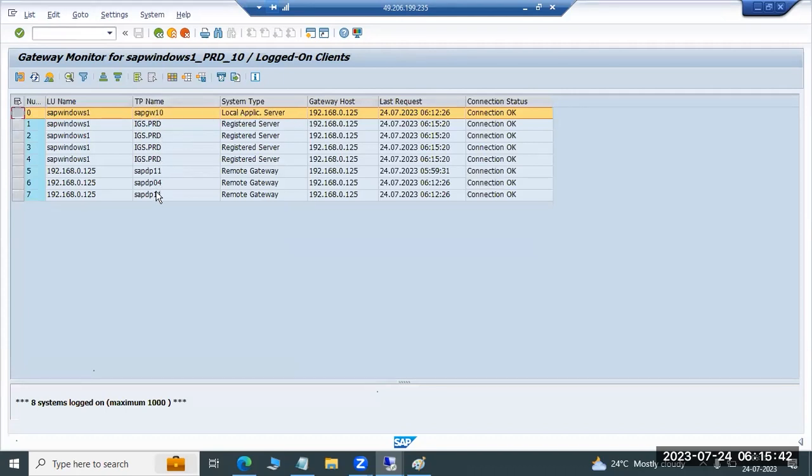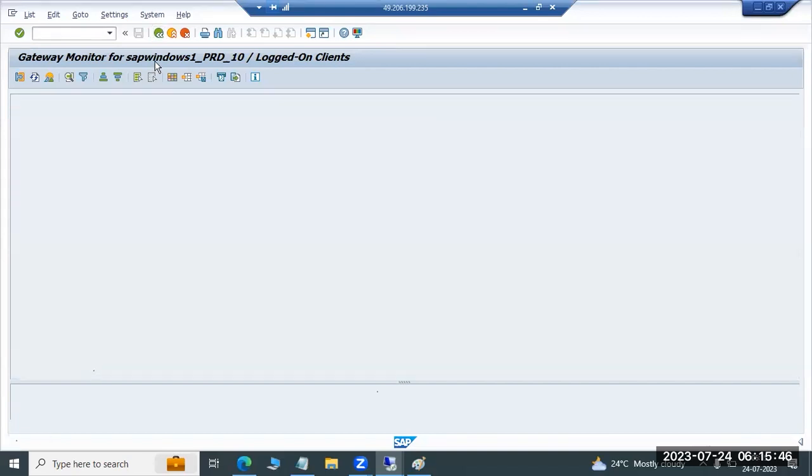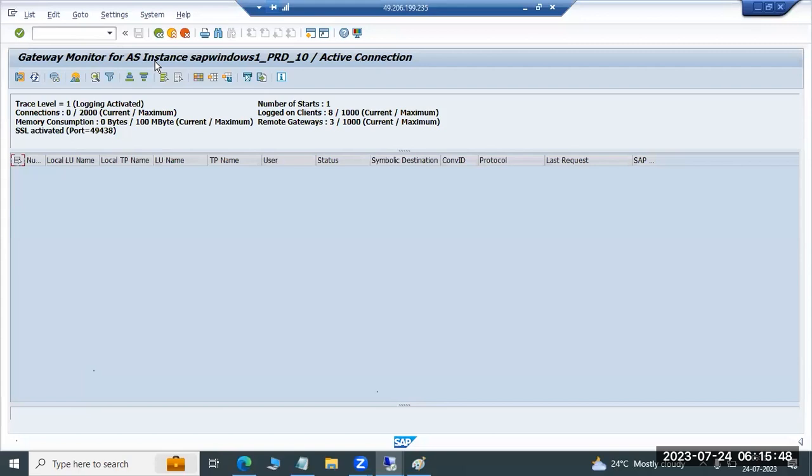And these are the internal connections. All connections are okay or not. So when the actual users are logging into the systems, then you can see the number of connections here. The maximum number of connections it will handle is 2000 connections